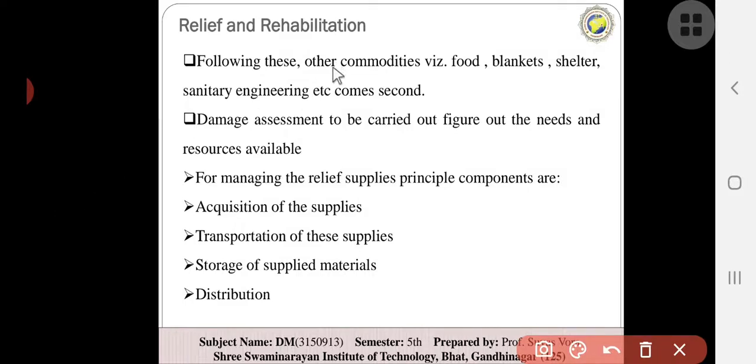Some commodities like food, blankets, shelters, sanitizers, etc. will be on the secondary side. Health is the top priority